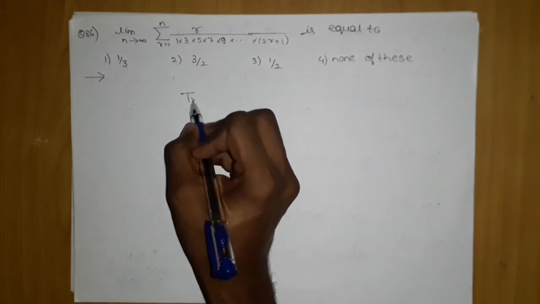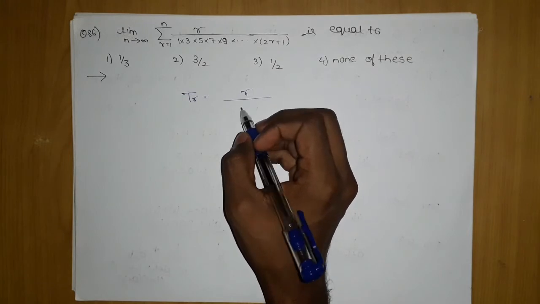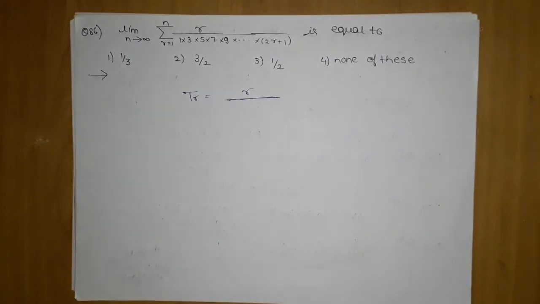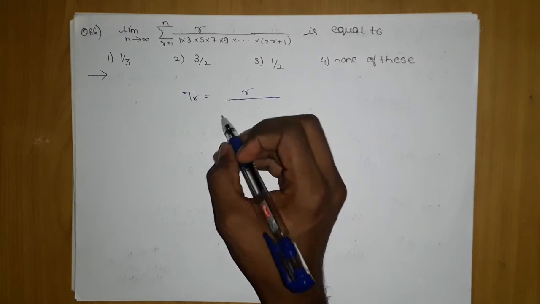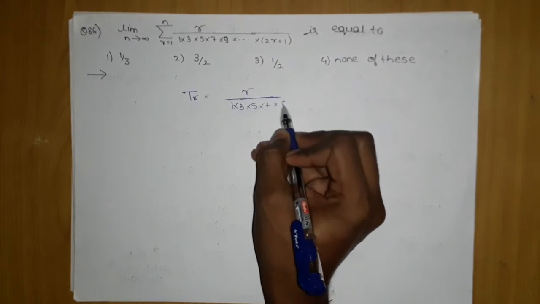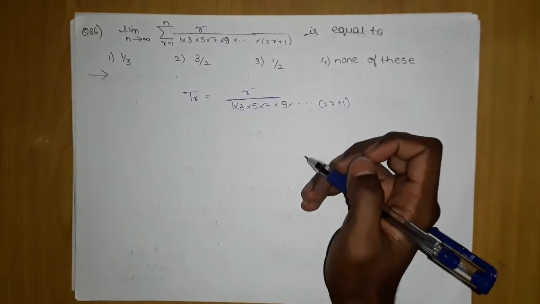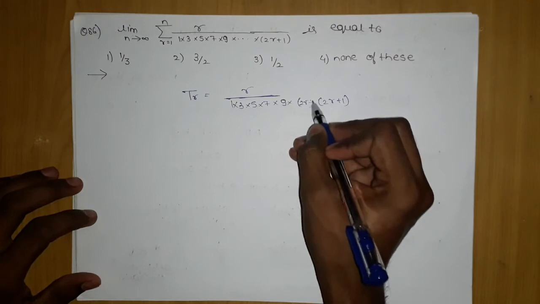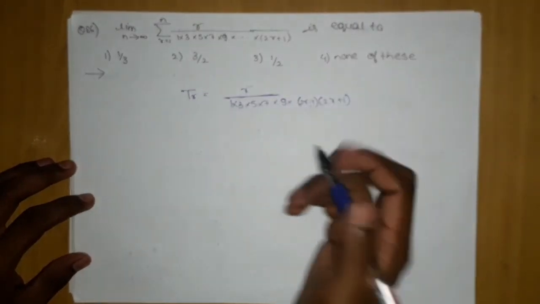So we will consider the Tr term, which will be r upon... we will just try to create the Tn term. How can we create the Tn term? The basic ideology to create the Tn term is 1 by 3. In this type of problem there is one more thing you need to be careful about; I will tell you when. Since these are all odd natural terms, the term before it will be nothing but 2r minus 1. Simple. So I want to create f of r plus 1 and f of r minus 1.